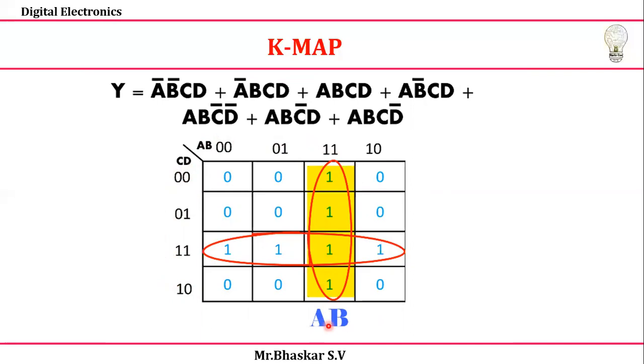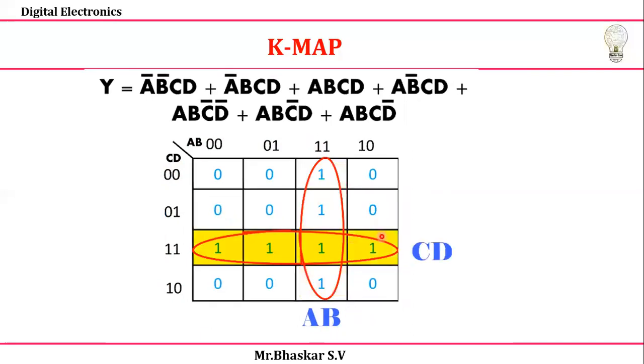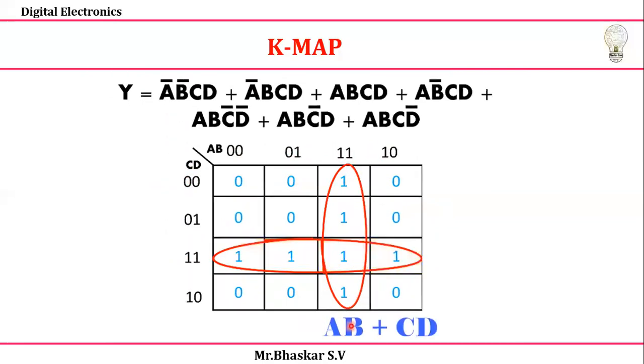Okay. Similarly, here horizontally it is covering all four variables, and everything varies, with no fixed or common terms here. So looking column-wise, this has 1 1, 1 1, which is nothing but CD. Directly I can take CD. For example, if you have 0 0, I need to take it as C bar and D bar. Okay, next it is an SOP form, right? Then finally I can take the Boolean expression as AB plus CD.